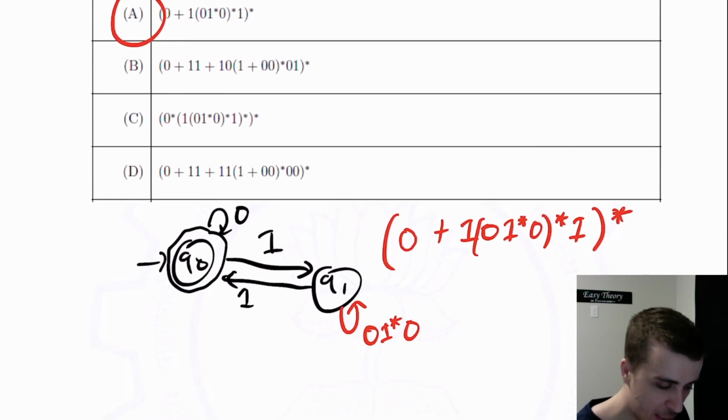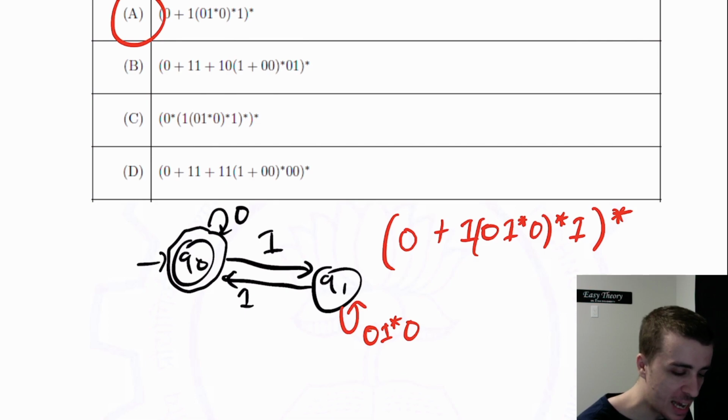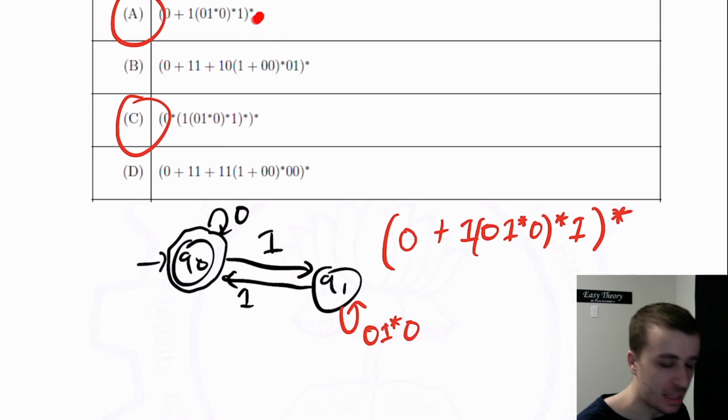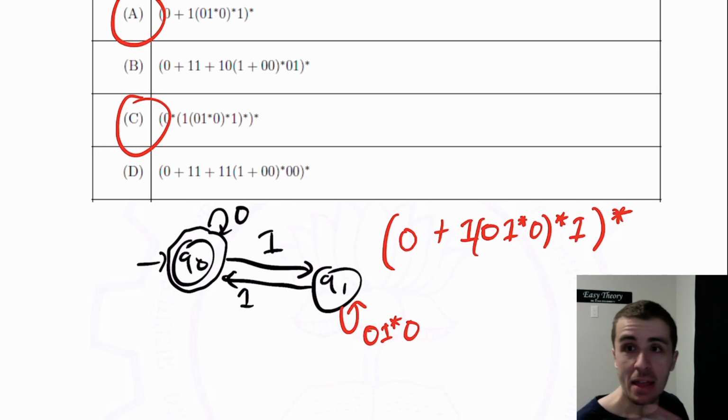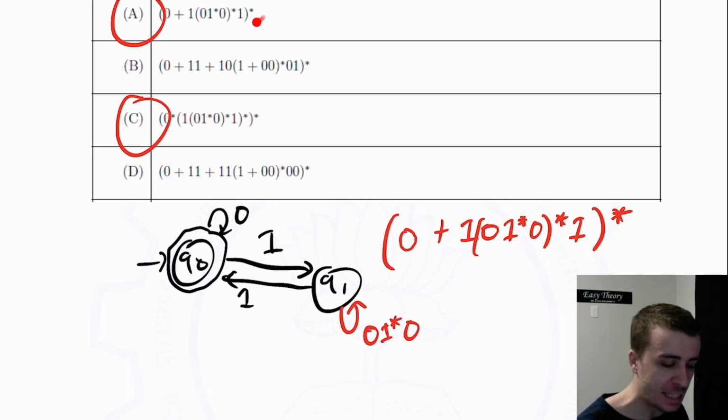So what about these three, I should say. So C is equivalent to A. And the reasoning is that when you have something plus something and then the whole thing is starred, it turns out that you can just put a star on each of the two pieces, remove the plus, and then those are equivalent to each other, purely because of the outer star here. So C is correct. What about those two, though?